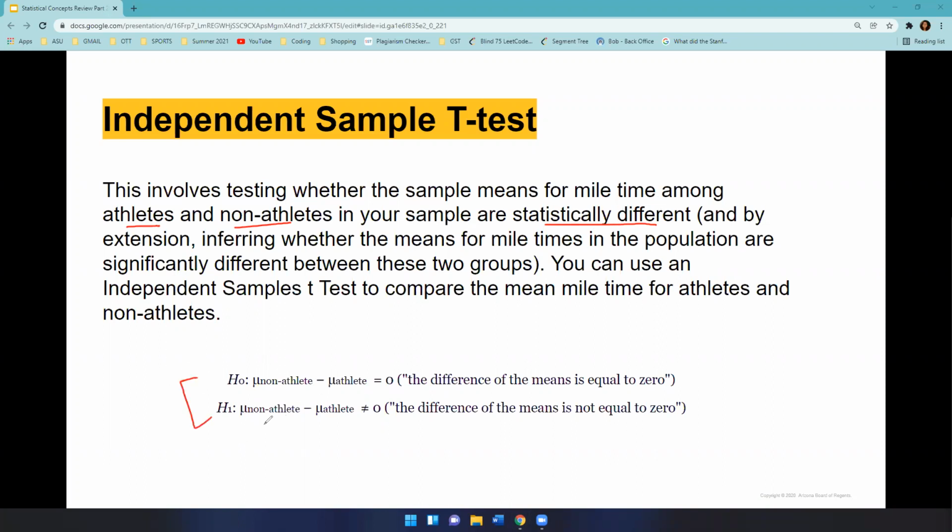So the alternative hypothesis says that both the means would not be equal, like non-athletes and athletes would not run at an average of the same speed. And the null is, okay, the mean of non-athletes and the mean of athletes are equal. So we stated our null and alternative hypothesis,